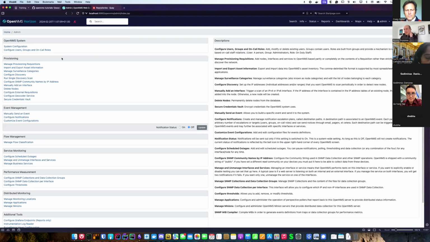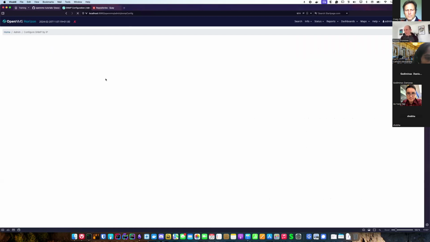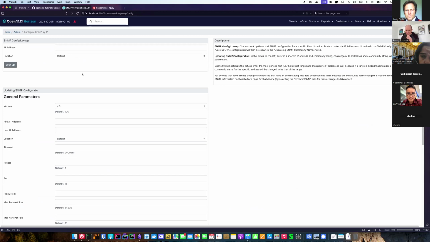What is useful before you provision systems is to have the SNMP configuration done first, because Provisiond is relying on SNMP, right? It tries to gather these SNMP attributes like the system object ID, system location, system contact, the other IP interfaces, SNMP interfaces.